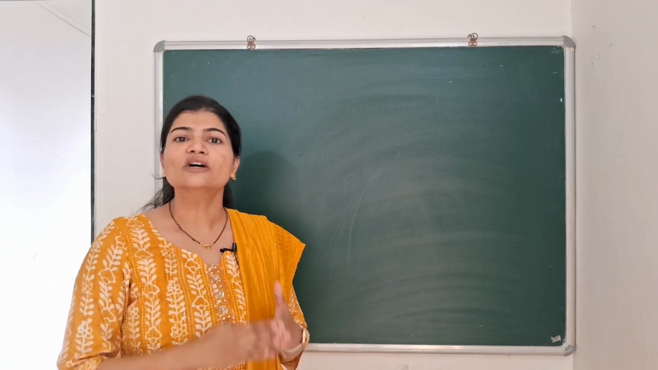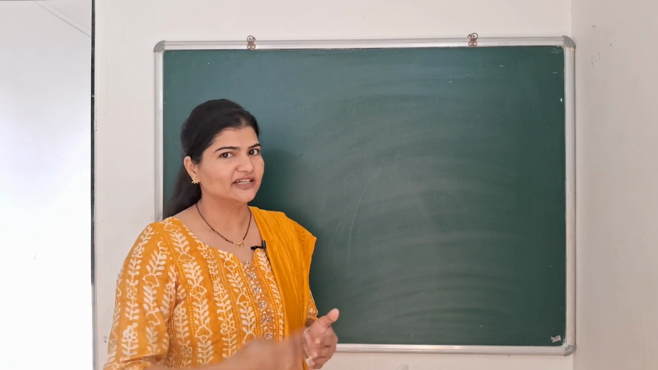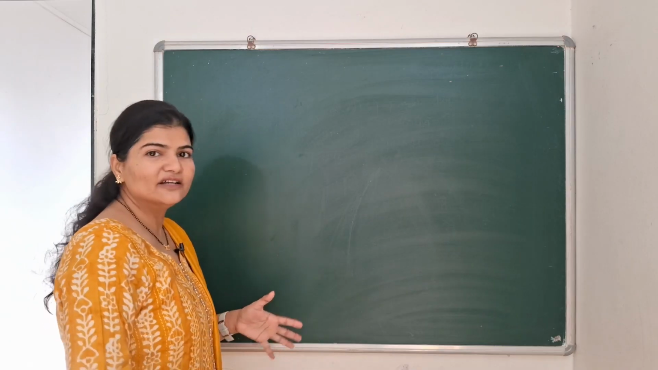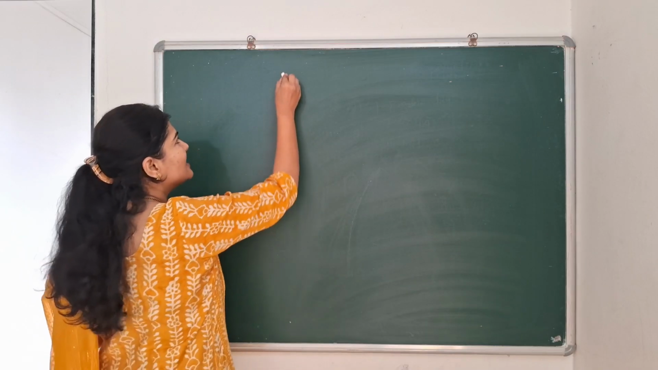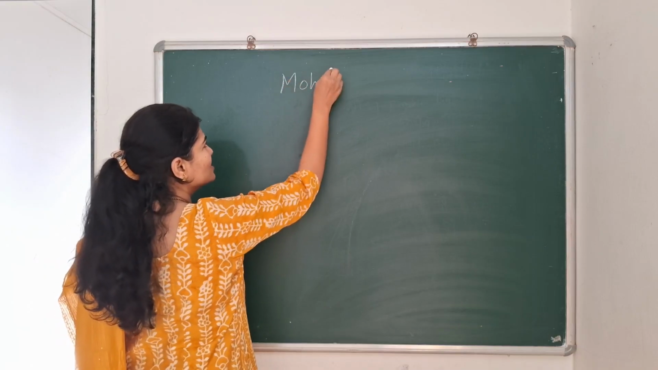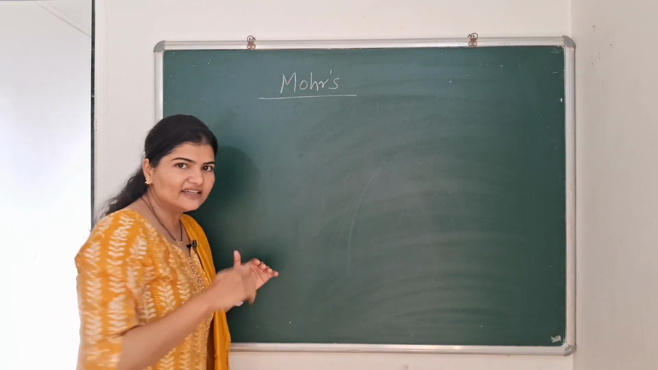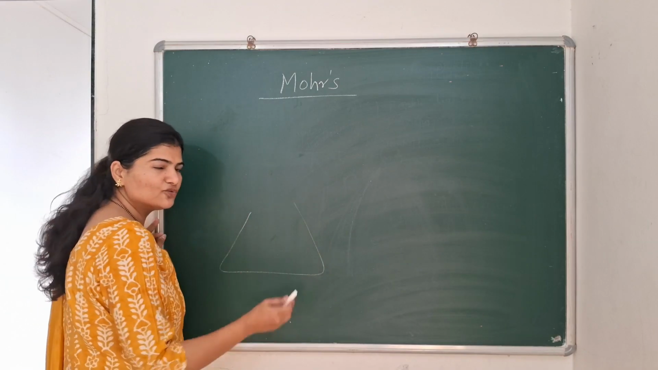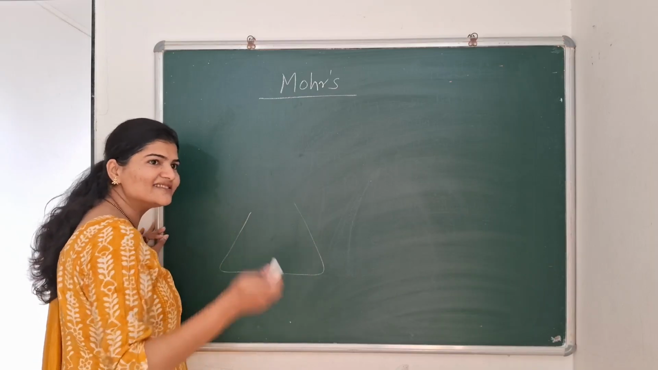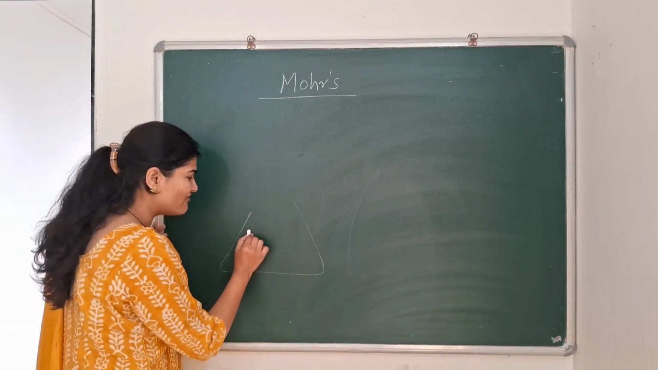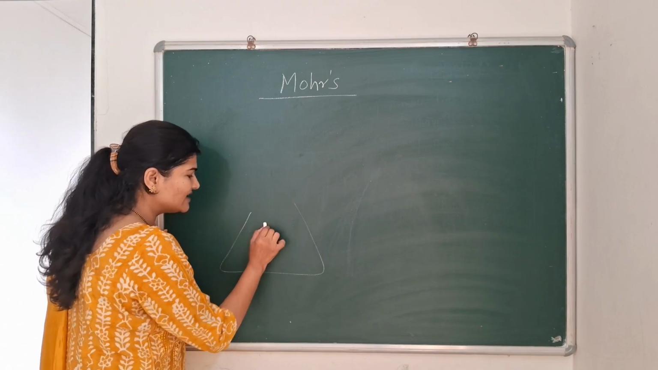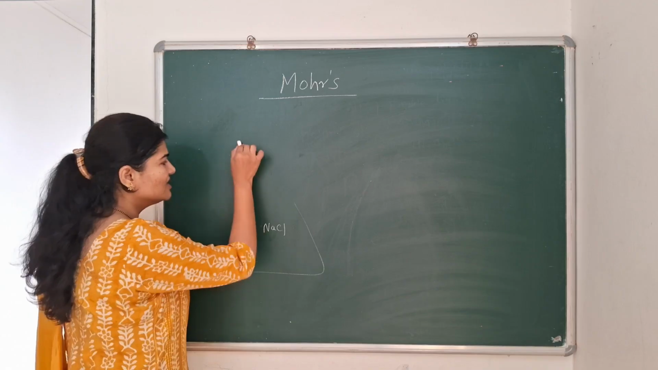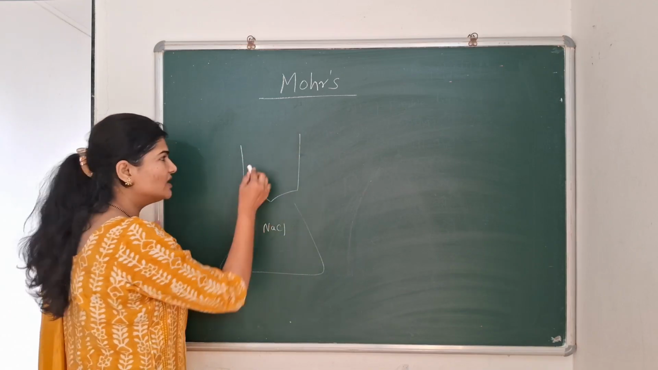So let's start from Mohr's method of endpoint detection. Now in Mohr's method, it is also referred as a direct method of titration. So when we are saying that it is a direct method, what we mean is our analyte is going to be the halide ion. So let's take an example of titration of say 0.1 molar NaCl solution with 0.1 molar